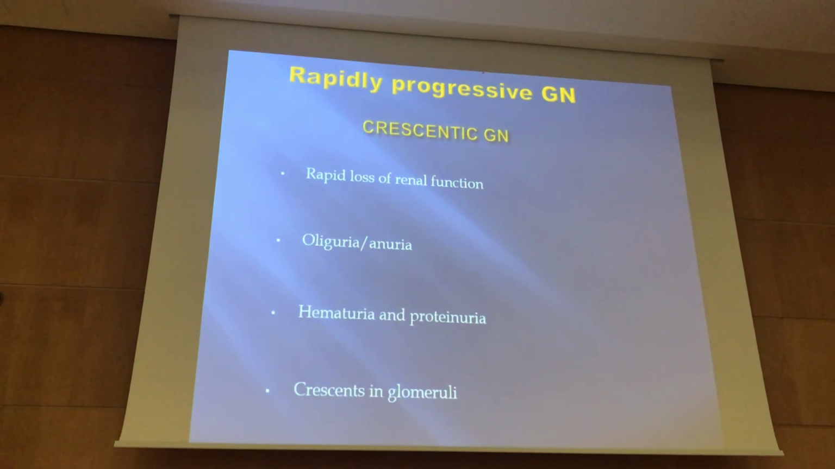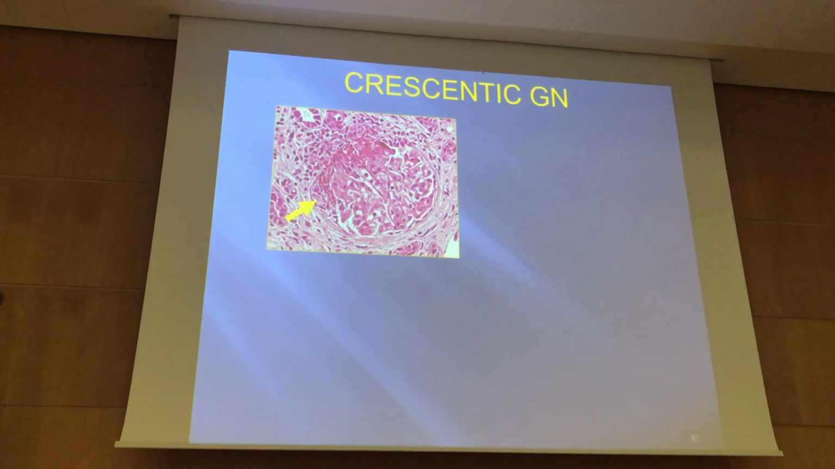Then we have hematuria and proteinuria, which is increasing, and crescent formation in the glomeruli. So how do the glomeruli form crescents? It is not formed at once. So it starts with one corner, right? Still the whole glomerulus appears normal, right? Then